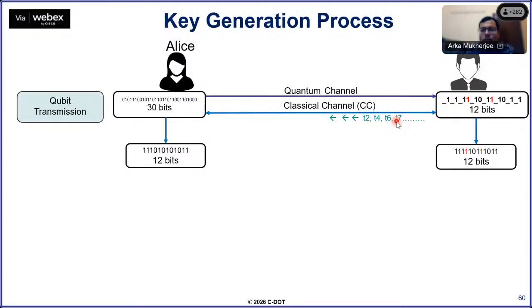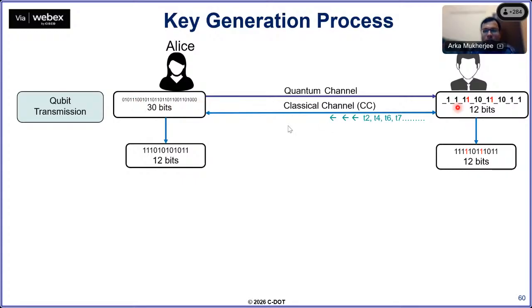So you can see that Bob is disclosing through the classical channel only the time slots at which it has received something, not the actual value, whether it is 0 or 1. It is disclosing only the time values at which there is any click at Bob's detectors. So it is revealing the time slots, and Alice already has the records